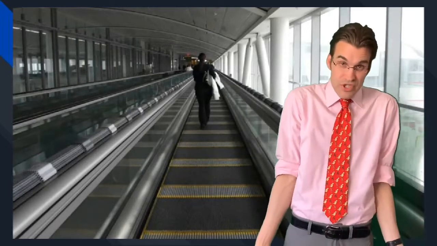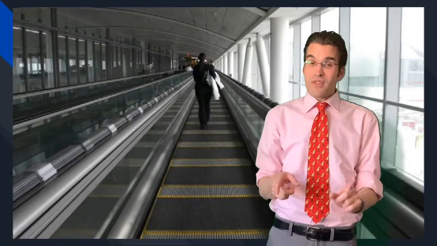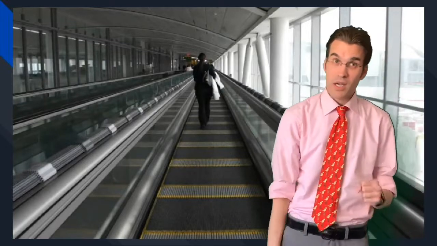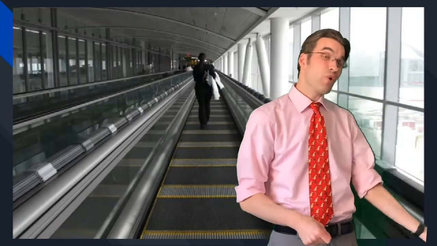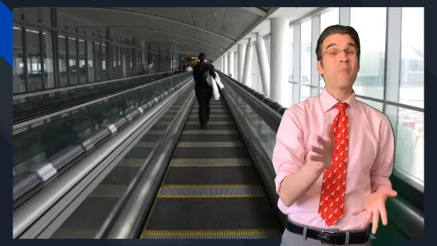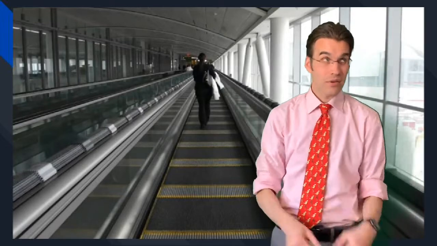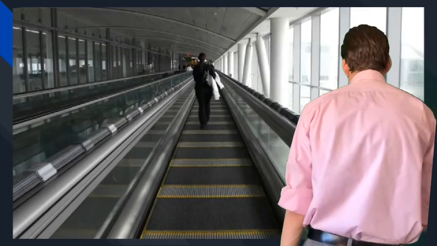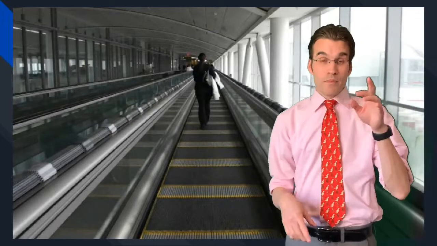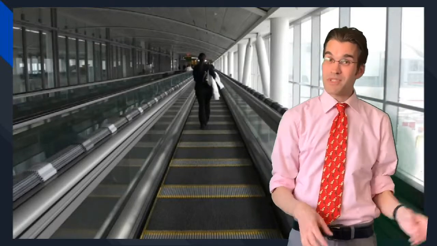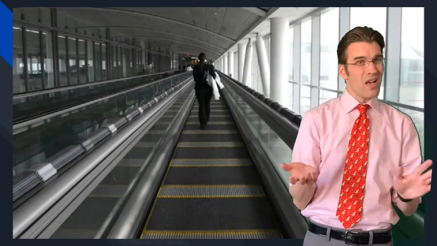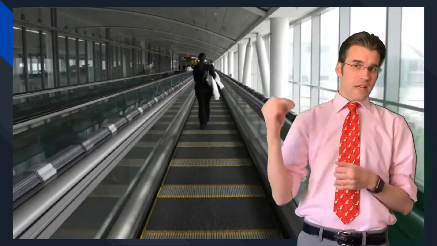You're just standing still. Now, let's imagine that person decides to walk 3 miles an hour on the moving sidewalk. The person off to the side now sees you going 6 miles an hour, whereas you are going 3 miles an hour. Now imagine this. Imagine if I turned around and I walked backwards 3 miles an hour, I would be walking 3 miles an hour, but the person seeing me from the side would see me going 0 miles an hour. 3 minus 3 equals 0. So it's a little confusing. Let's go to the next slide.